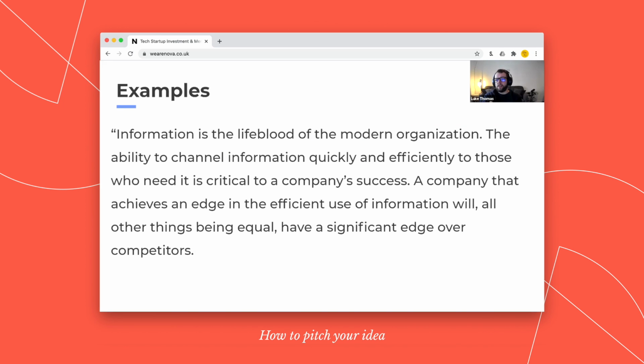I'm still no closer to understanding what it is this company is going to do. It sounds kind of good, but you've wasted a minute explaining why information is important rather than explaining what your company is going to do with information in order to help your customers gain that advantage. This is a trap when we speak about problems. We want to talk about what the problem is, but we don't want to spend the whole minute giving a big story about the problem. We still want it to be within context of what the company's going to do. So try not to do long intros without introducing the product properly either.